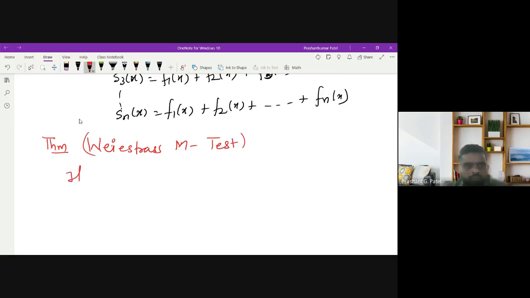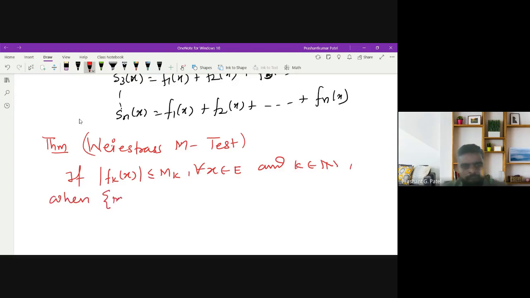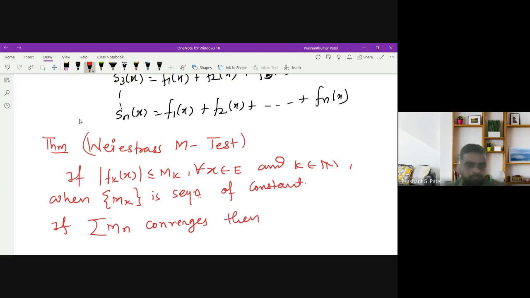So if you have a sequence of functions fk which is bounded by Mk, a sequence of numbers Mk, for every x in E and k in N, where Mk is a sequence of constants. If the series of Mn converges, then prove that